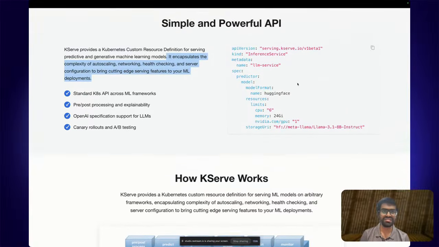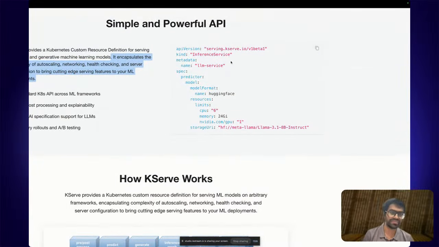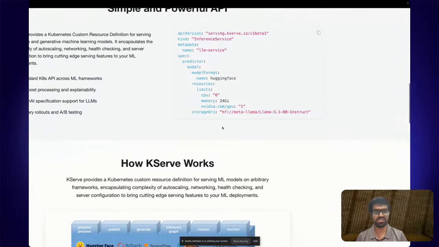canary deployments. And here you can see that this is one of our CRDs that we are setting up. What it's doing, I think, is defining a model serving endpoint where you define the CPU and the memory required, and then what the model is that you're using. And then the storage URI basically refers to where the model has been hosted. In this case, the model is hosted on Hugging Face. So you can really use whatever storage URI you want. I would imagine you can use things like Jozu Hub, or maybe Docker Hub, wherever you're storing your model as a containerized artifact. So that's good to see.